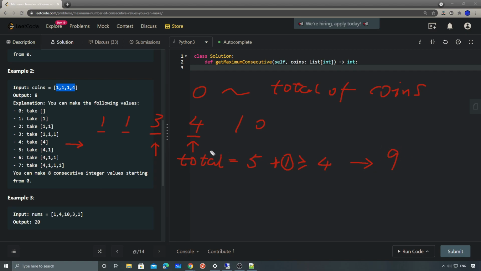I think it's also easier to prove. Because now we have 4 here, and then to make 5, we have 5 here. And then for 6, we can simply use this 4 plus this 2, right? And then